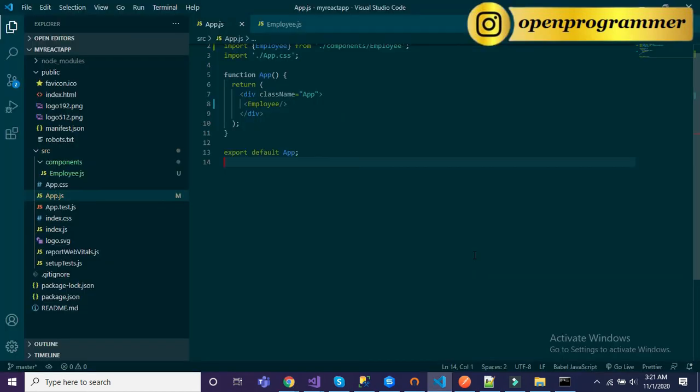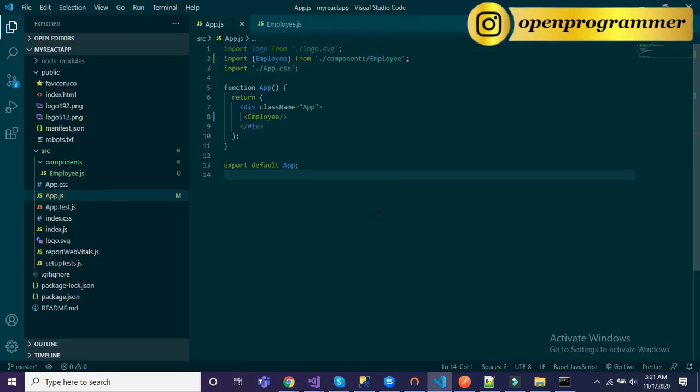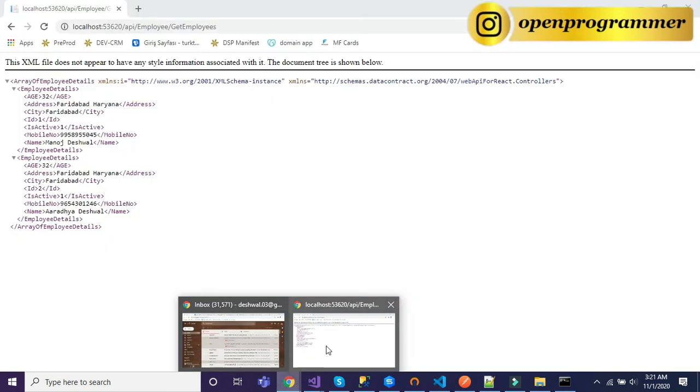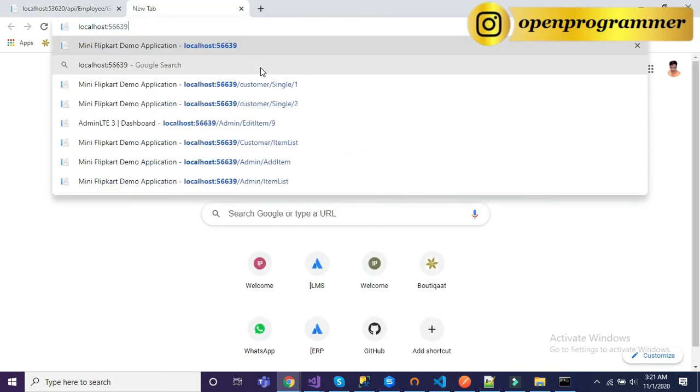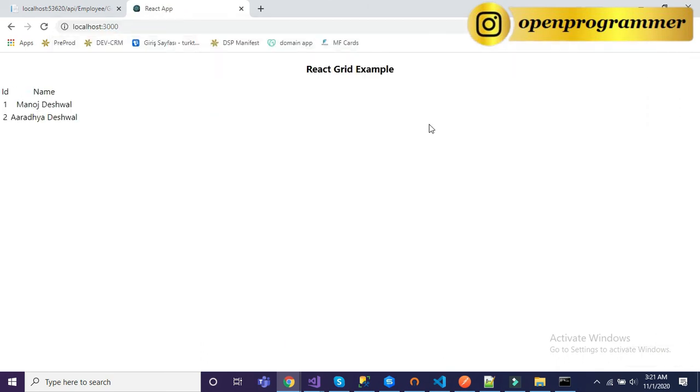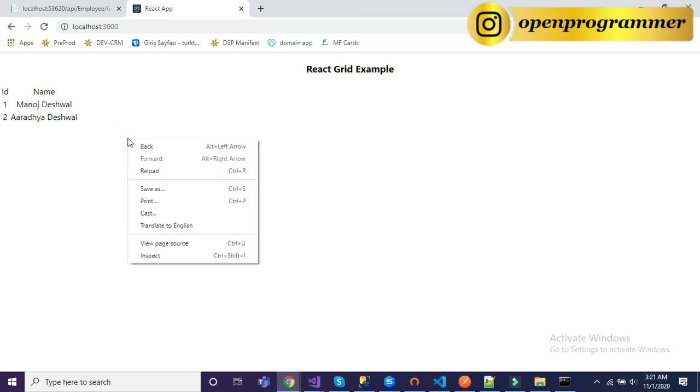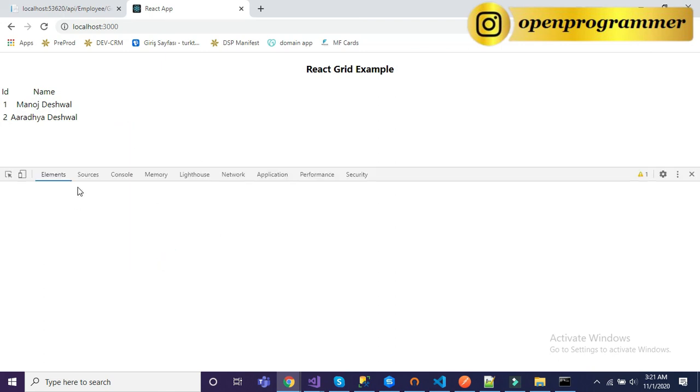After enabling CORS in our web API project, let me hit localhost 3000. Here you can see we are getting our records, whatever is there in our SQL Server. Let me also open the developer tools and go to the console. You can see now we don't have that CORS error.